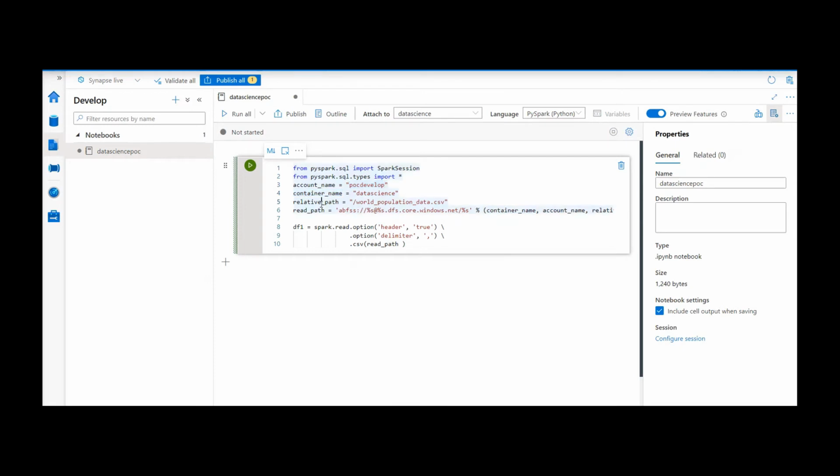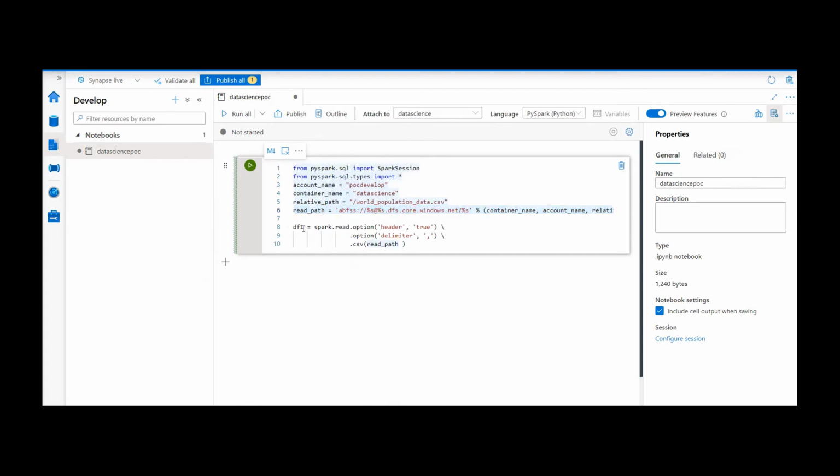Then the relative path. I have created the file under the root folder itself, so this is the file name. I have given the relative path. Based on that, I have given these three parameters: percentages here, here, and here. These percentages would be replaced by these variables.